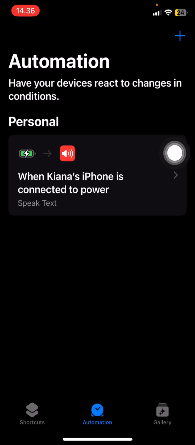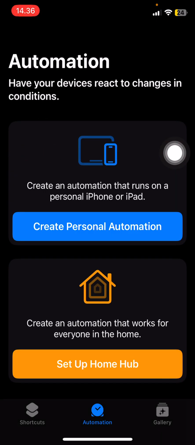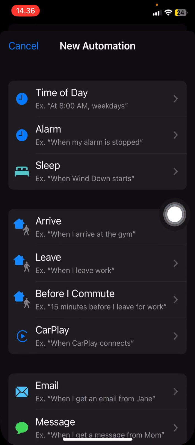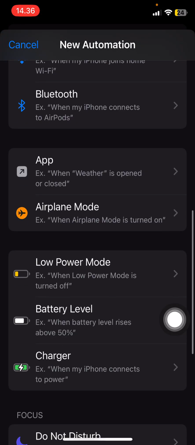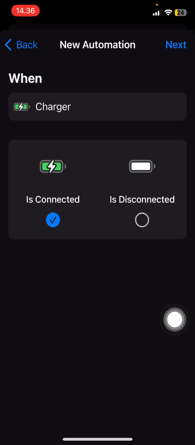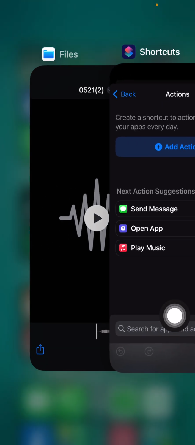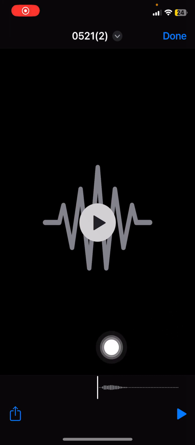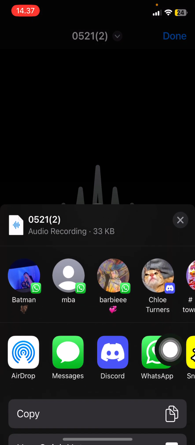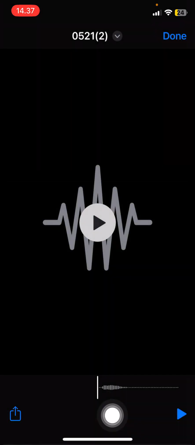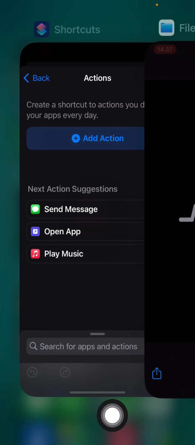and you can try that out. The second one is, let me just delete that, like a natural mp3 audio, so download that first. Create personal automation, scroll down to charger again, select next. Then I'm just going to open up the mp3 file here, select share, select copy, go back to the shortcut,